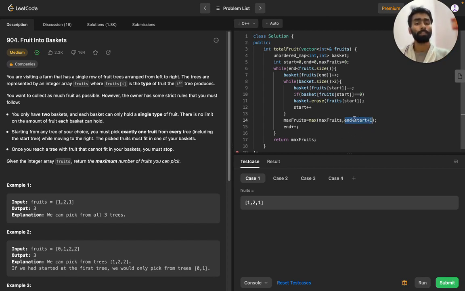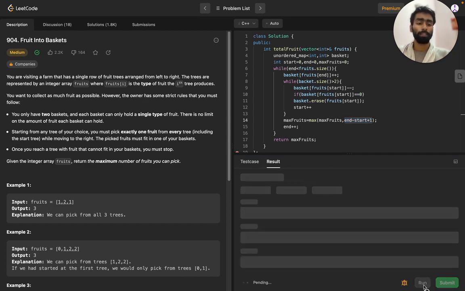The previous one will be stored already in the fruits, and the current one will be stored here. So the maximum of the two will again be stored here, and after getting the maximum number of fruit in that interval, we will increment the end to the right, and we will again check. So after iterating through this loop, we will get the maximum number of fruit and we will return that.